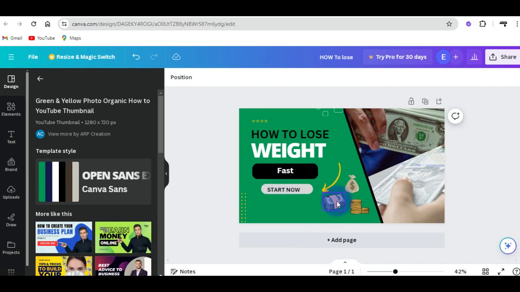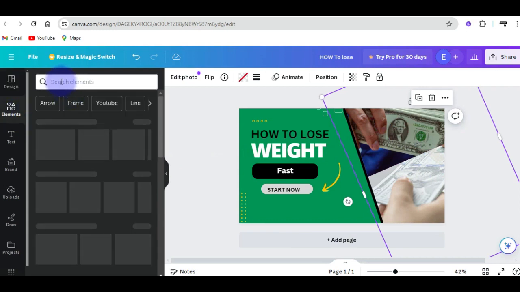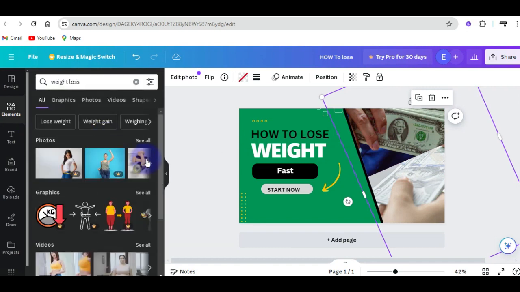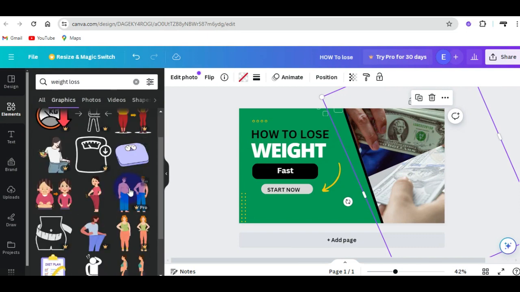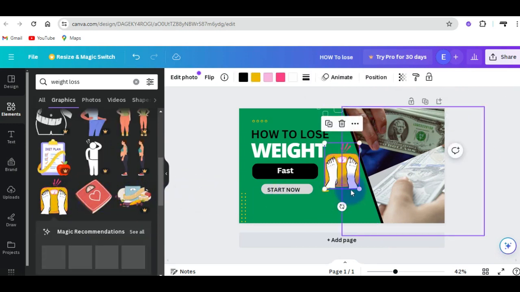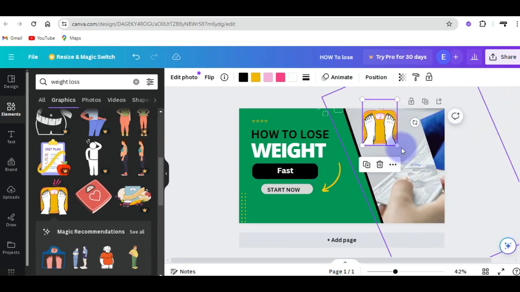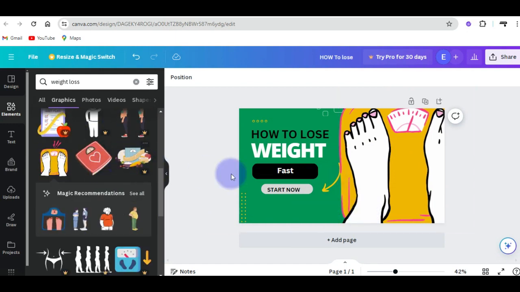And I can come here to replace these images, removing these images, and see how I want to change this text, these images here, and replace it with another one. Come inside of the elements and search the key term weight loss, as you can see here, and choose this which is related to your key term. Find images in the graphic section related to what you want, then choose any graphic which is free and include it there. As an example here, you can use this image. Just come here and see how you want to change this. Use this image here, enlarge. You can do something like this, or you can choose other related images to fit in that area that suit